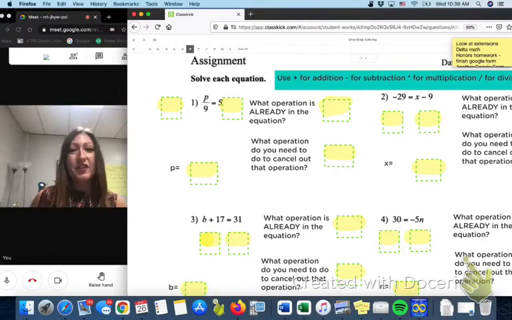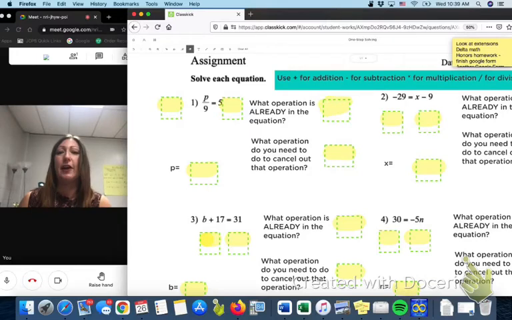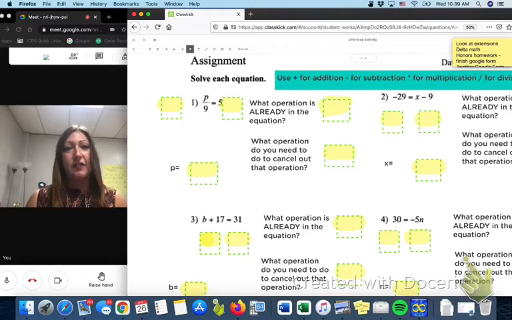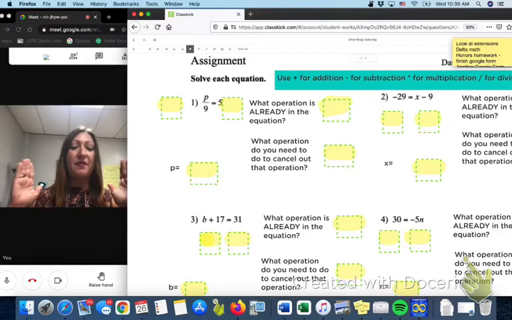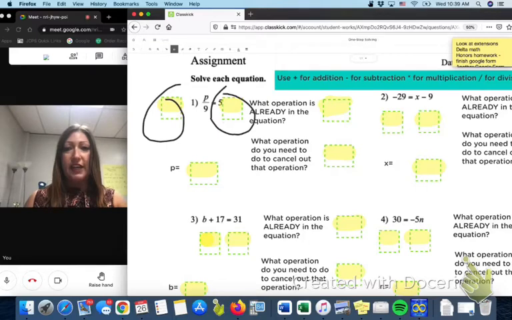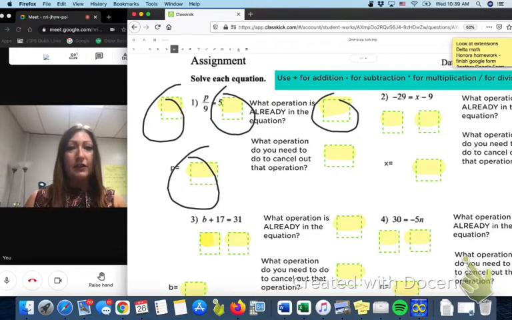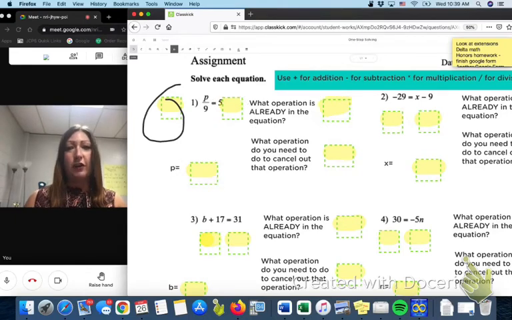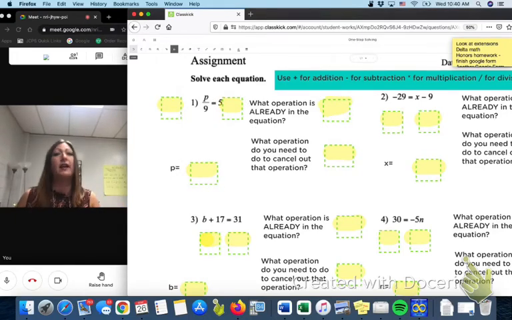Hey mathematicians, in this activity we are going to practice solving one-step equations, and the main idea of this activity is to make you really stop and think about what operations are actually happening in that equation before you solve it. And so every place that you see a yellow box needs an answer. Okay, because this is more determined to make sure that you really understand what you're doing when you're solving an